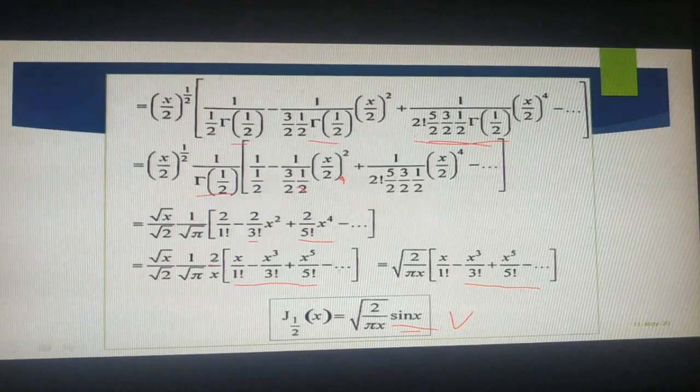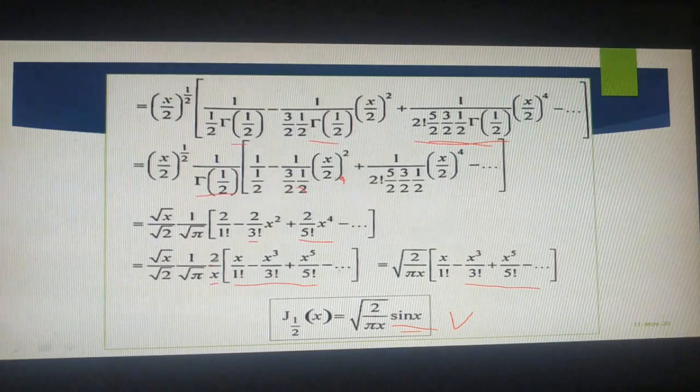But in our sine series, we should have x cubed, x to the power of 8, those terms. So to get these terms, for the whole series I am dividing and multiplying with x. That's why I took it by x, and the remaining x I am sending inside the series by multiplying the whole series.